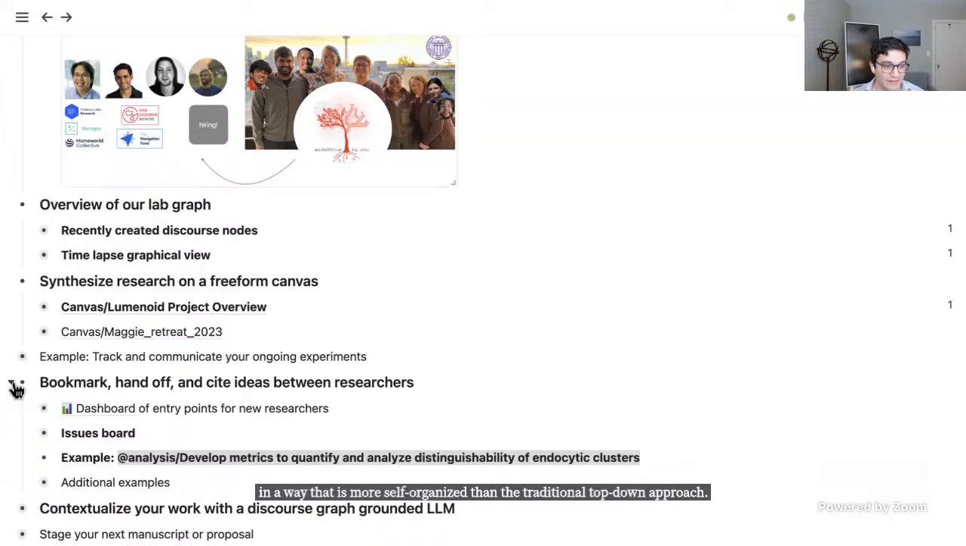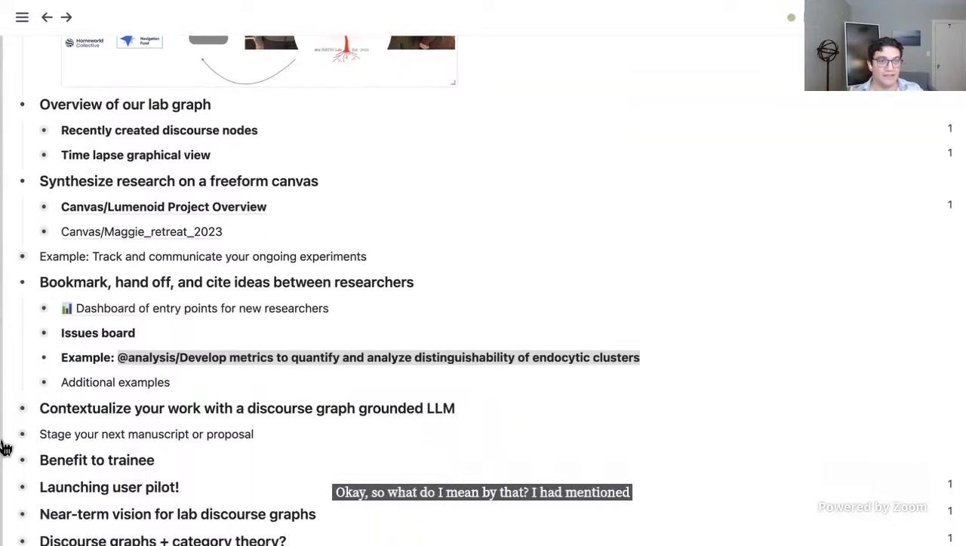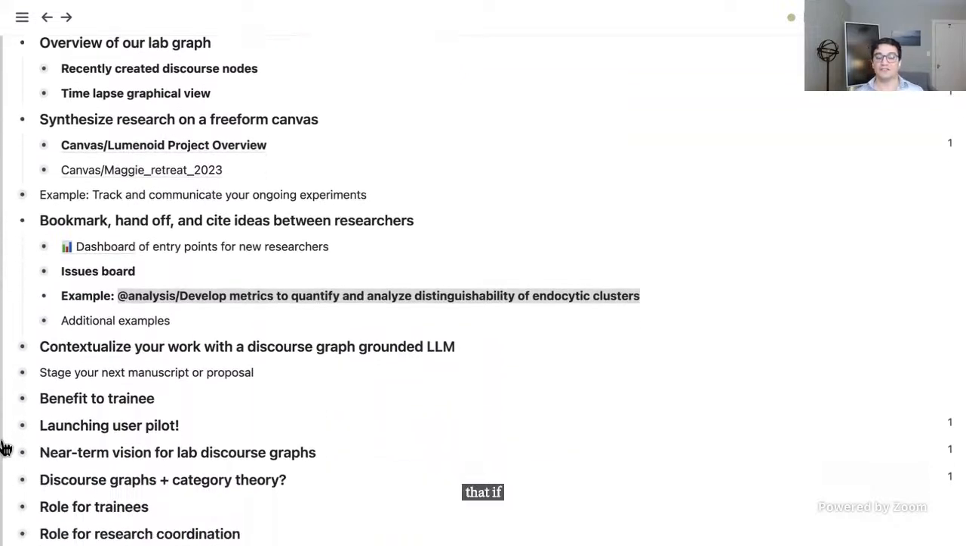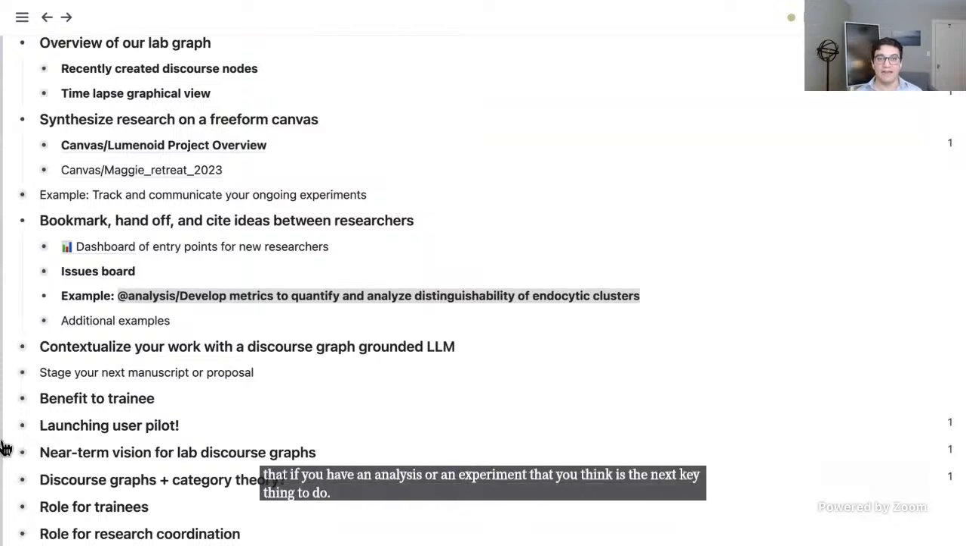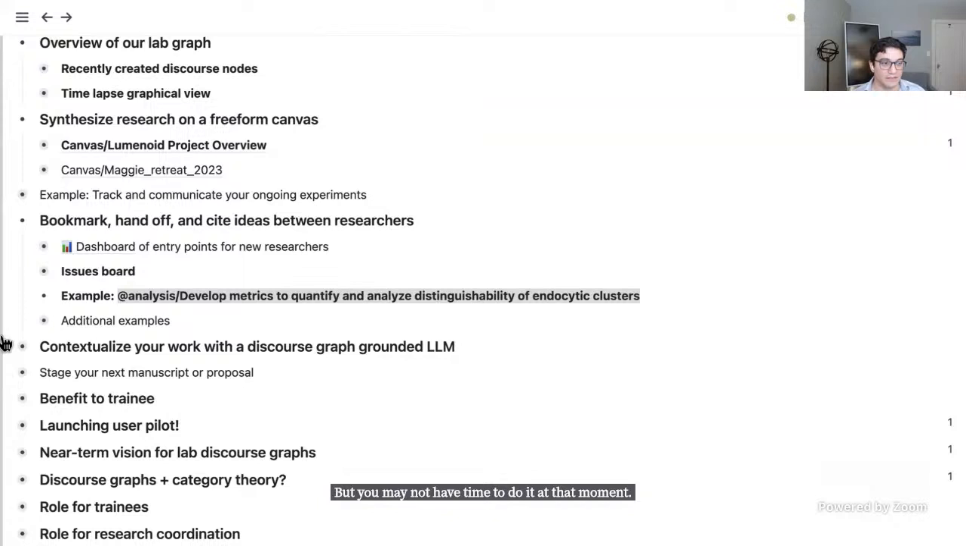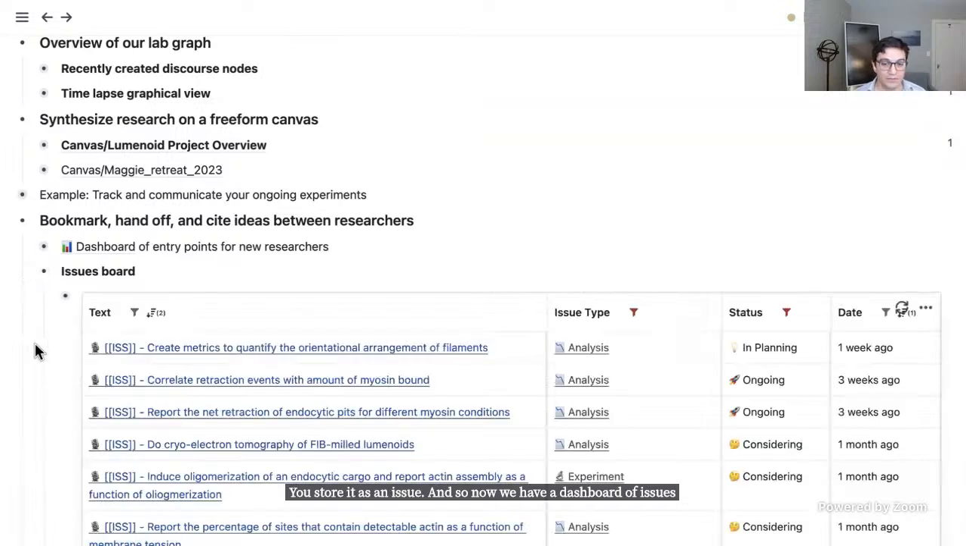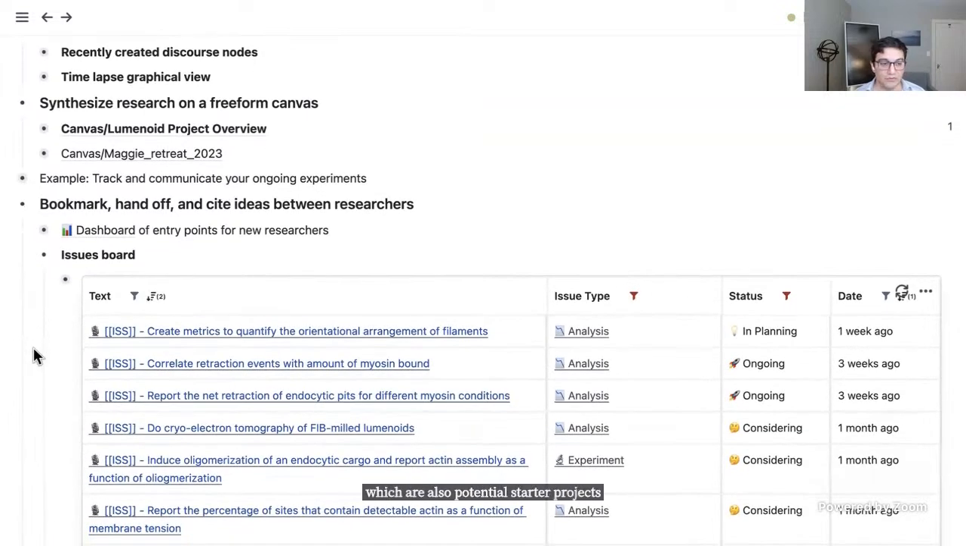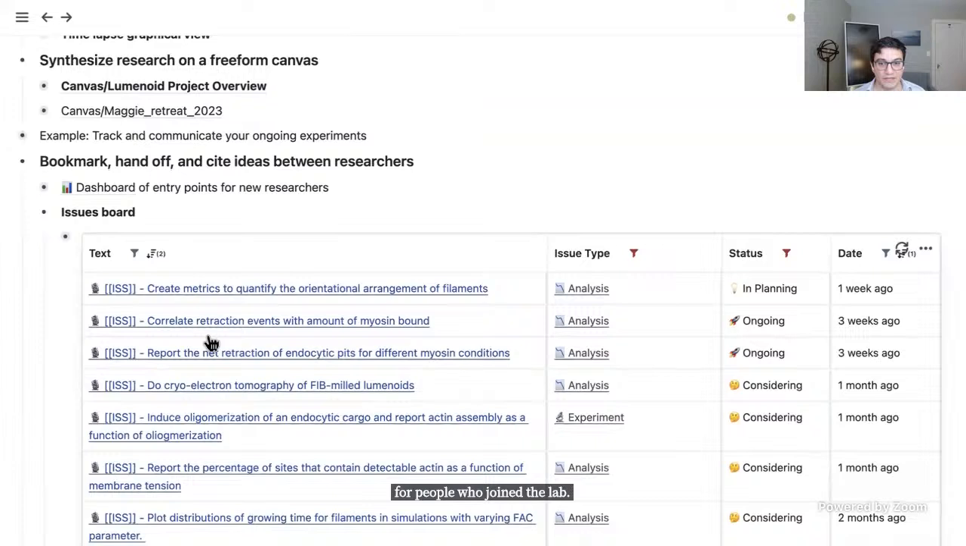Okay, so what do I mean by that? I had mentioned that if you have an analysis or an experiment that you think is the next key thing to do, but you may not have time to do it at that moment, you store it as an issue. And so now we have a dashboard of issues, which are also potential starter projects for people who join the lab. So you might have analysis projects, experiments, that both give you some